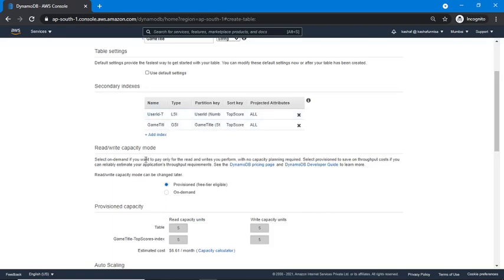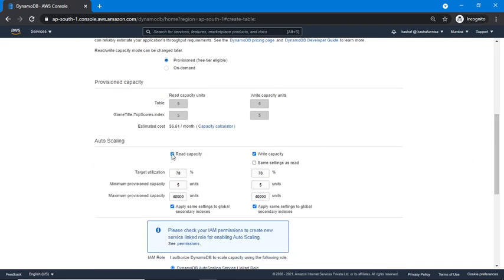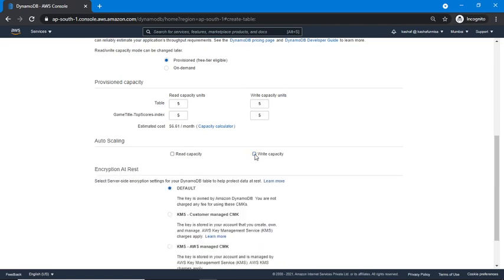For the read and write capacity mode, for this demo purpose I want to keep it low.